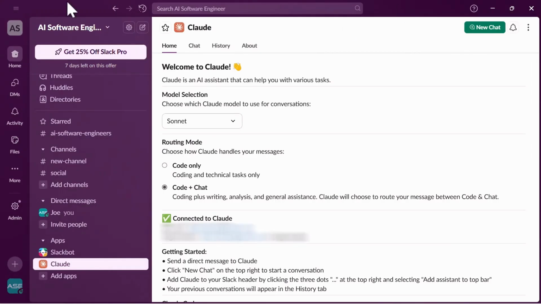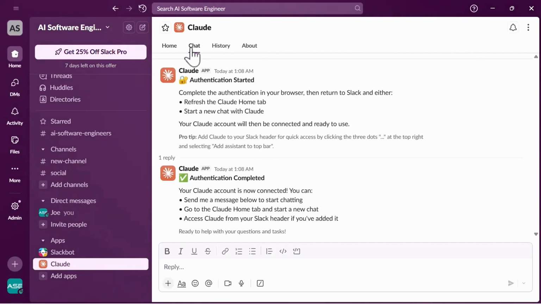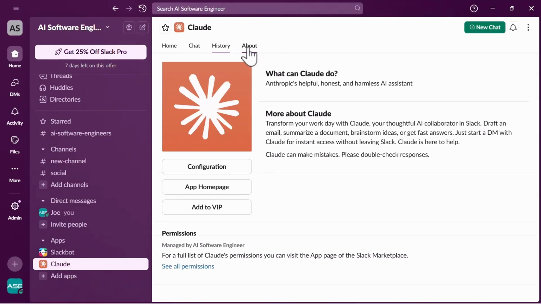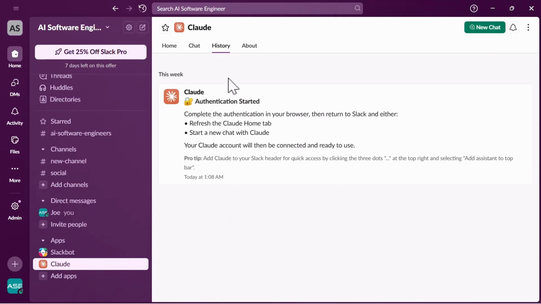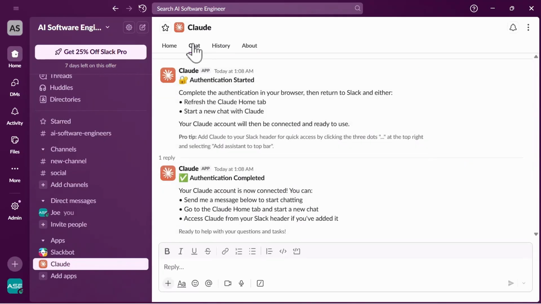This is the Slack user interface. On this sidebar at the bottom here, we have this Claude menu that opens a chat window. On this window, we have the Home tab, the Chat tab, the History tab, and About. On the About tab, it's just basic information about the Claude Slack app. The History is where you see the conversations from previous chats. The Chat tab is where you start chatting with Claude on Slack,